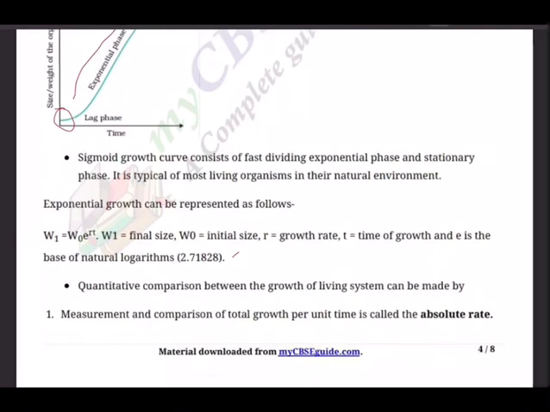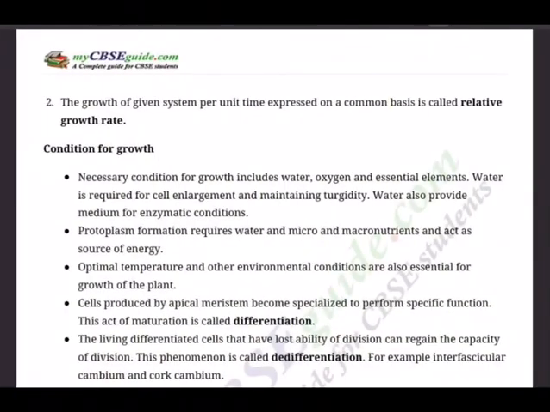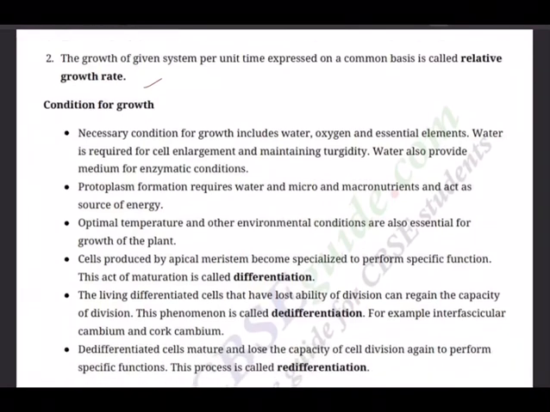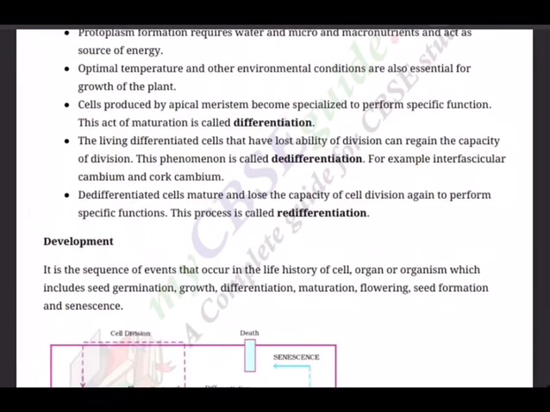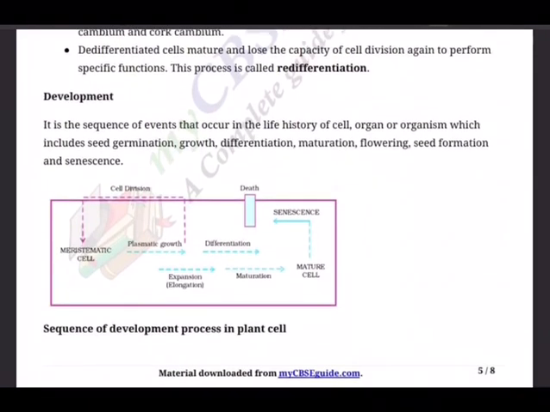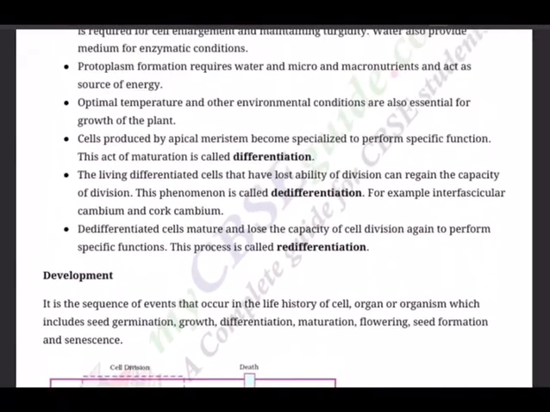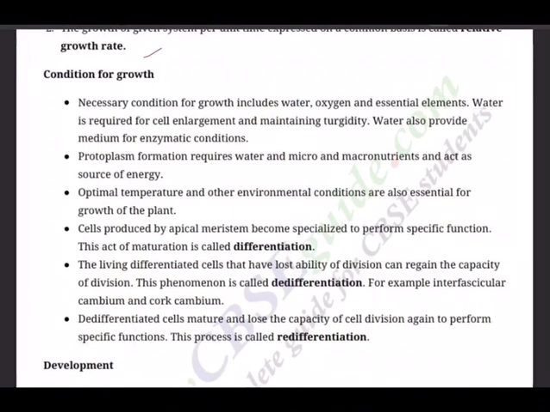So quantitative comparison between growth of living systems can be made by measurement and comparison of total growth per unit time, which is called absolute rate. And the second, the growth of a given system per unit time expressed on a common basis is called relative growth rate. And conditions for growth, a lot of conditions will be there, and development will take place, and we will discuss